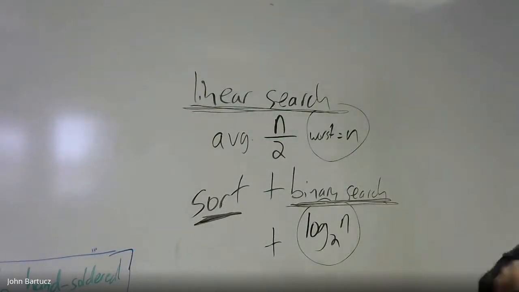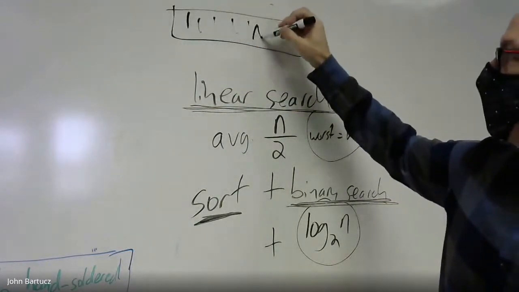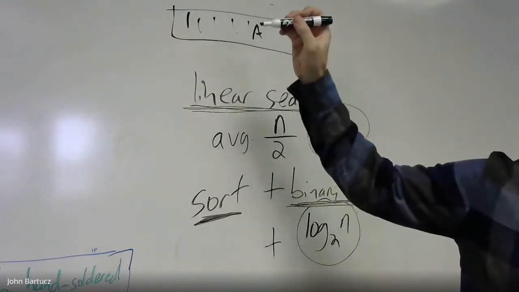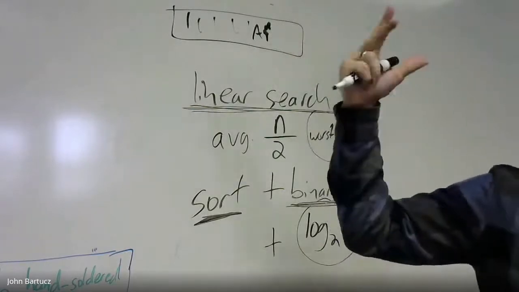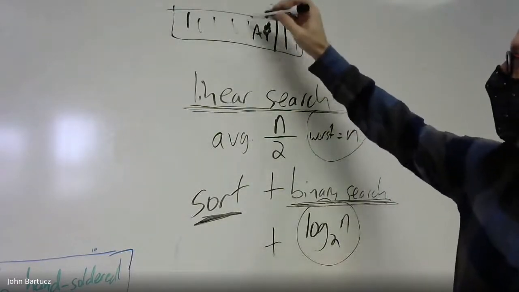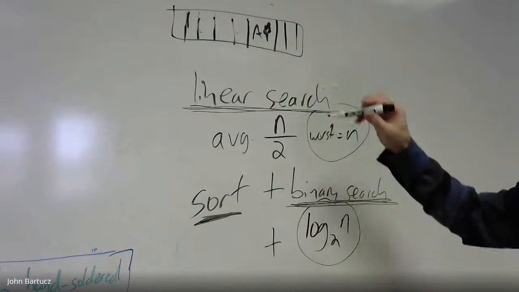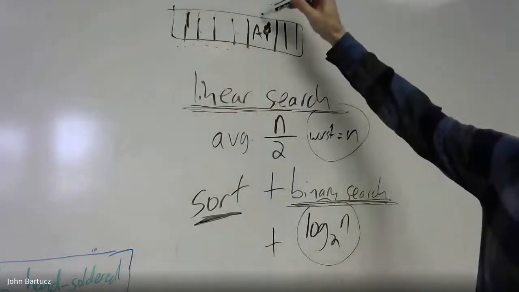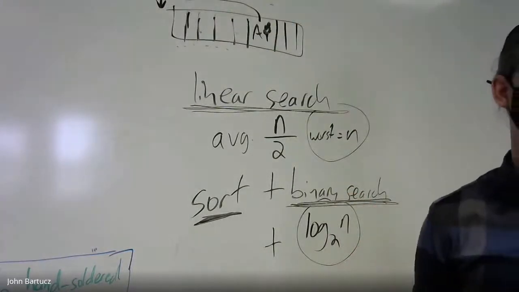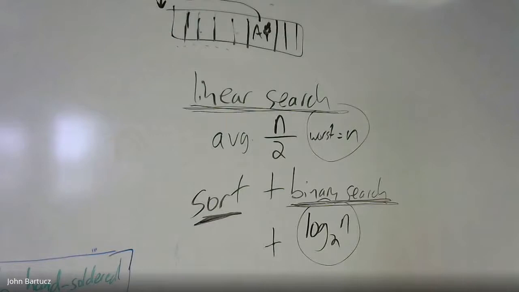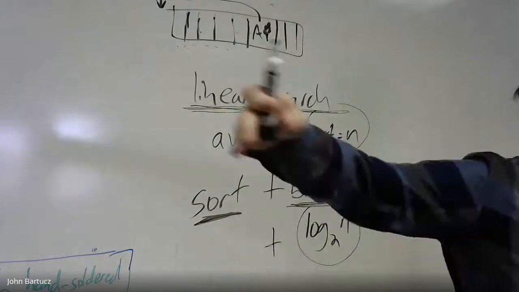So if I had a deck of cards, for example, and the ace, what's the first? Is the lowest clubs? Yeah, alphabetical. Clubs, diamonds, hearts, spades. So my ace of clubs is over here. Usually what you do is you look through it and you take that ace of clubs and you put it at the beginning. The difference between what you do with your hands and what computers do is if I did that, I would have to create a whole new array and put all the cards in that whole